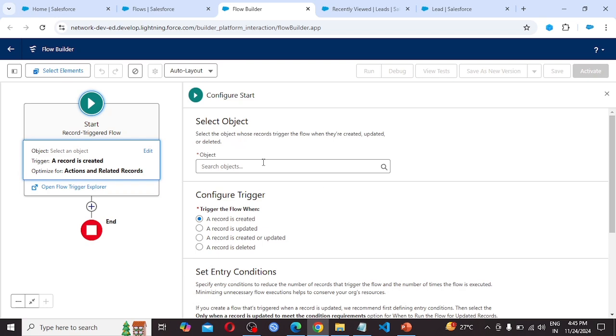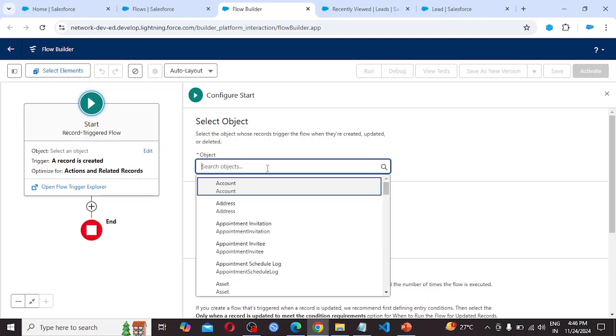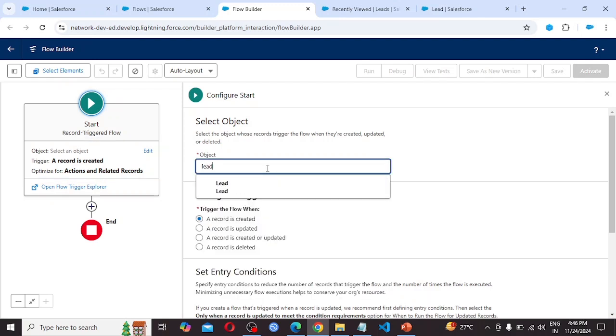First we need to select the object, then we have to configure the trigger, and finally we have to optimize for this trigger. So let's select the object, that is the lead object.